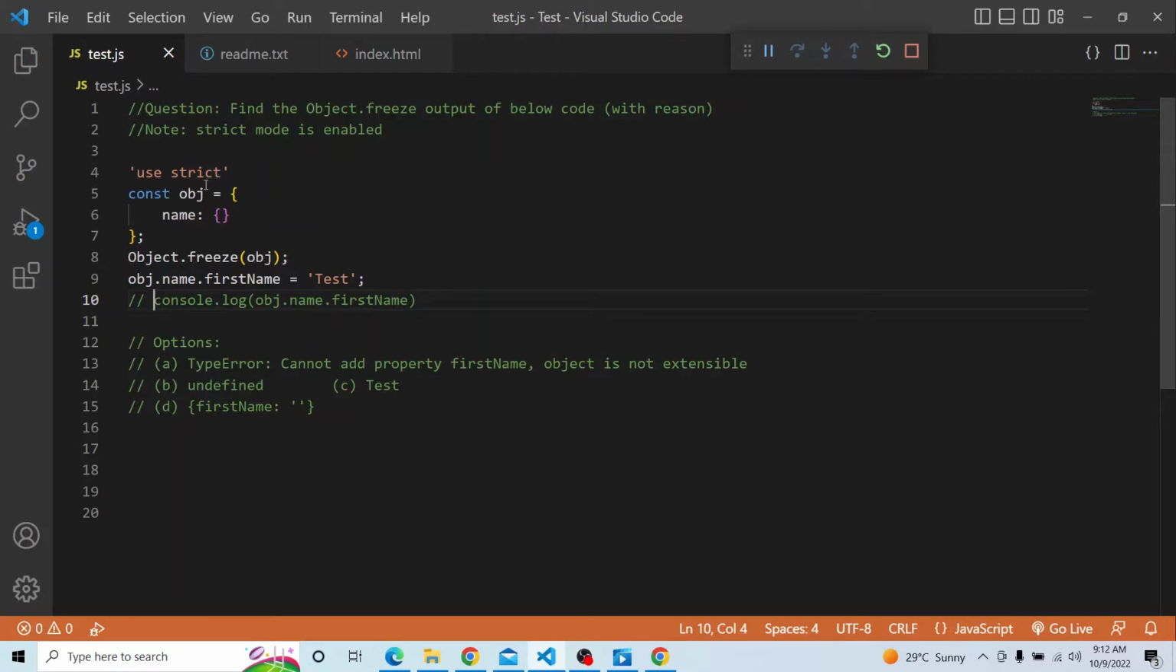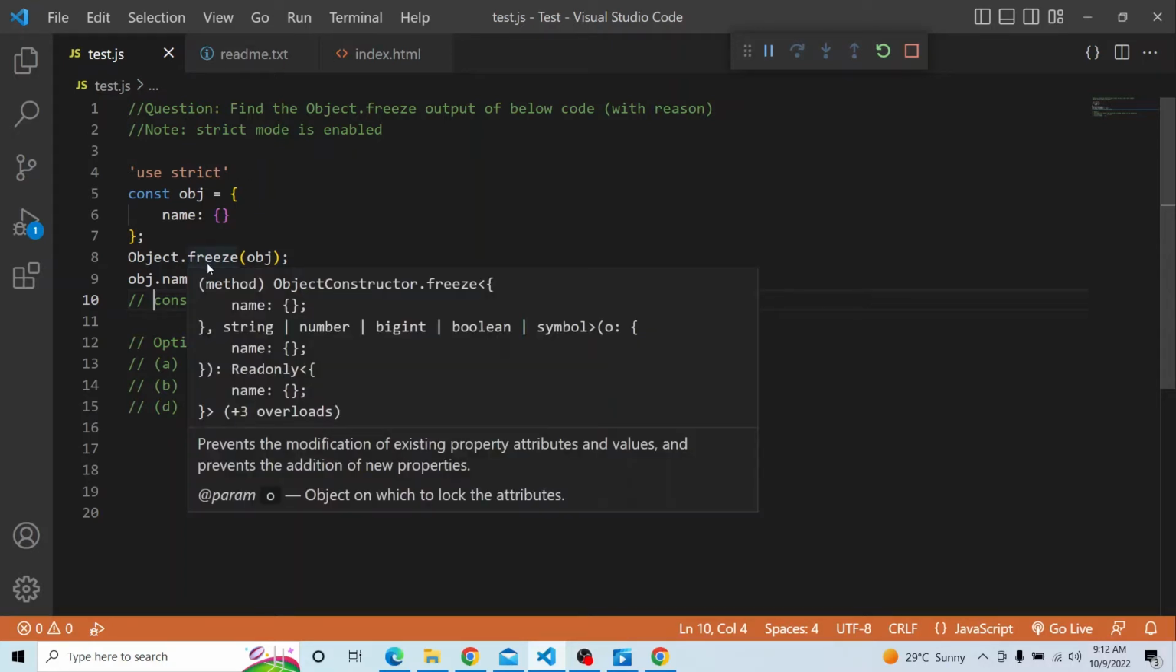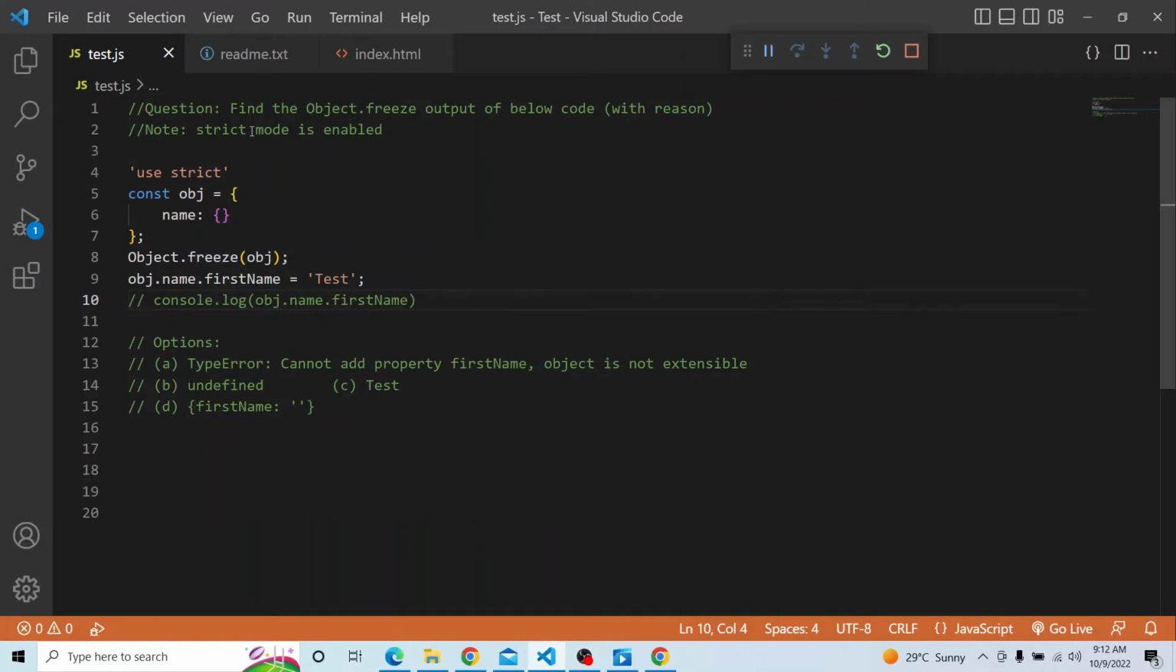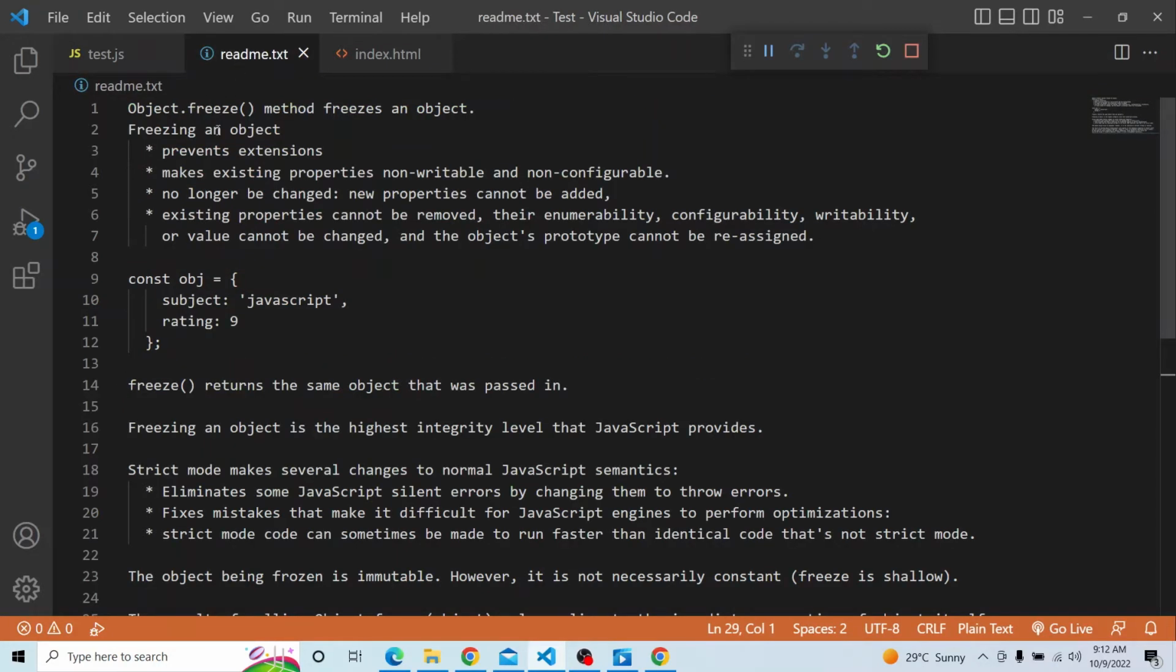We have to know what strict mode and non-strict mode are. But before that, we will see what Object.freeze does to an existing object. The Object.freeze method freezes an object. What does that mean? It means that it prevents extensions. We cannot add